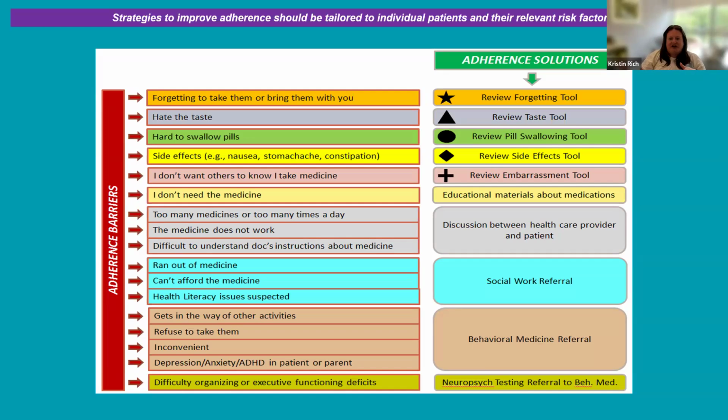With some of these other barriers that may be not as straightforward, we're encouraging a discussion with the healthcare provider and the family. If you have access to support in a social worker to address some of these social determinants of health issues, or if you don't have that resource, that may be somebody else in your practice that can support that. And then if there are, like I said, more substantial, significant mental health or behavioral concerns, this may warrant a referral to a mental health care or behavioral medicine provider, either at the outset or if you feel like your interventions are not making a significant difference.